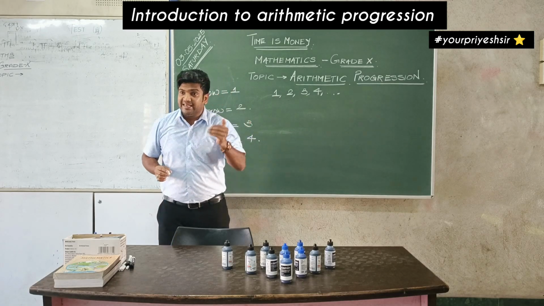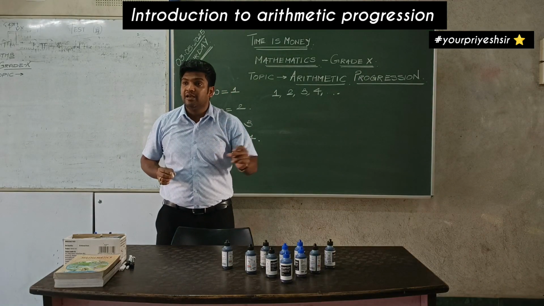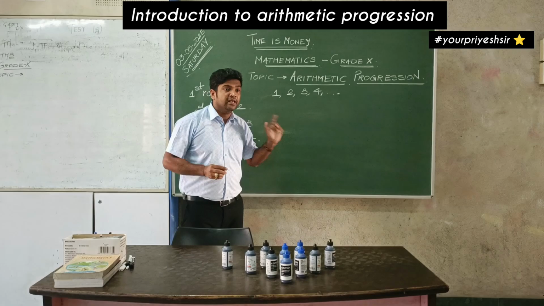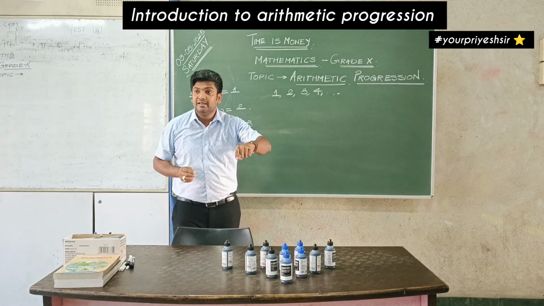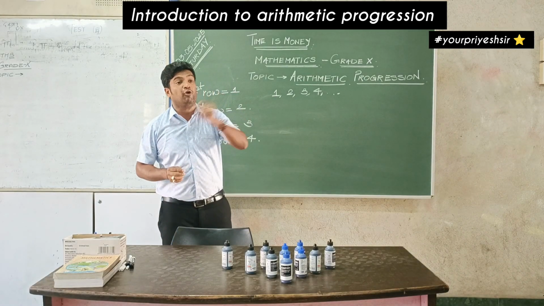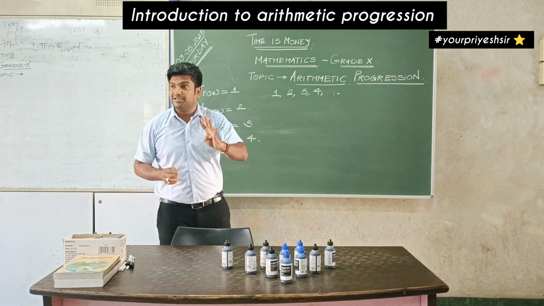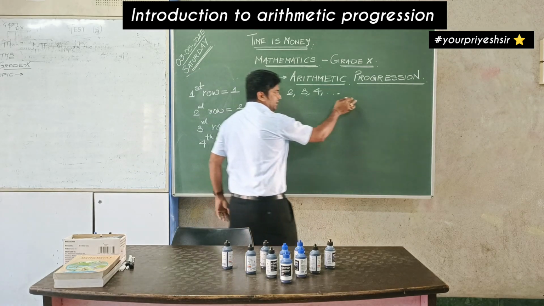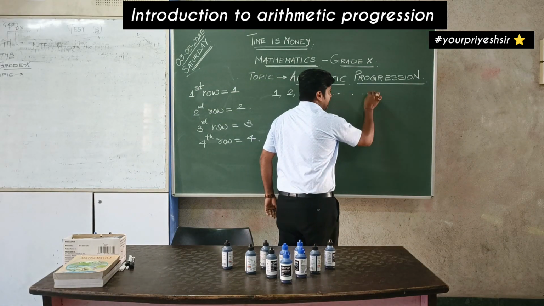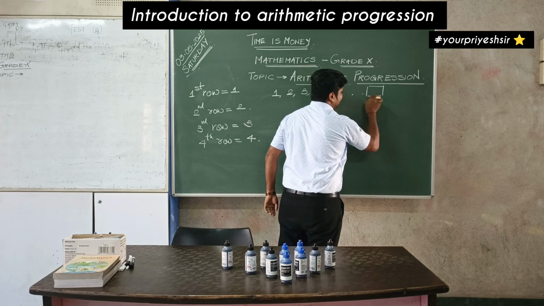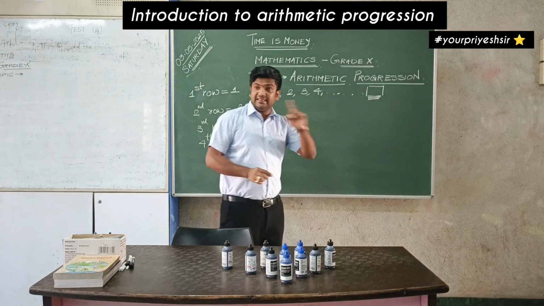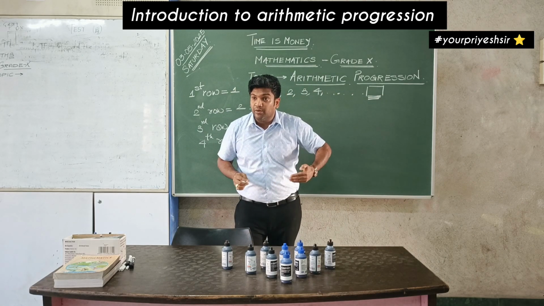Is this an AP? Yes. What is the common difference here? 1. What is the first term here? 1. How many rows are there inside? 4 rows. How many bottles in the fourth row? 4 bottles. Now, in order to find out how many bottles of ink will be in the 100th row, if I go on placing this way,